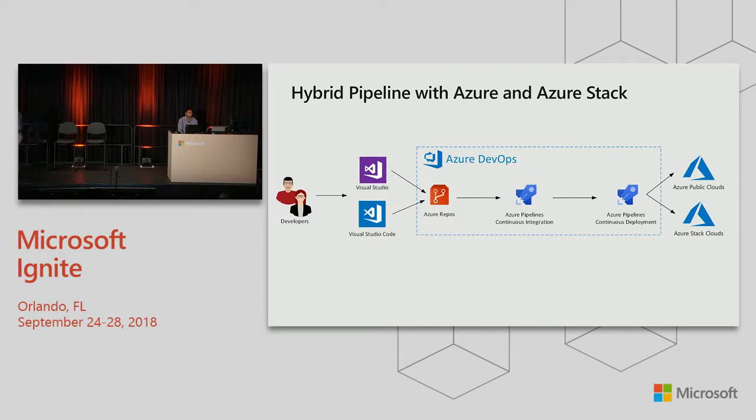Pretty much everything that I showed you in the previous slide is the same, except your deployment target can either be the Azure cloud or the Azure Stack cloud. That is our biggest value proposition with Azure and Azure Stack in the Azure ecosystem. Because Azure and Azure Stack are consistent cloud application platforms, your applications can go through the exact same pipeline, go through the exact same process and technology, and can be completely agnostic to which cloud platform they are deployed under. You can point them to Azure, the app should work. If you point them to Azure Stack, the exact same applications will be deployed as well.